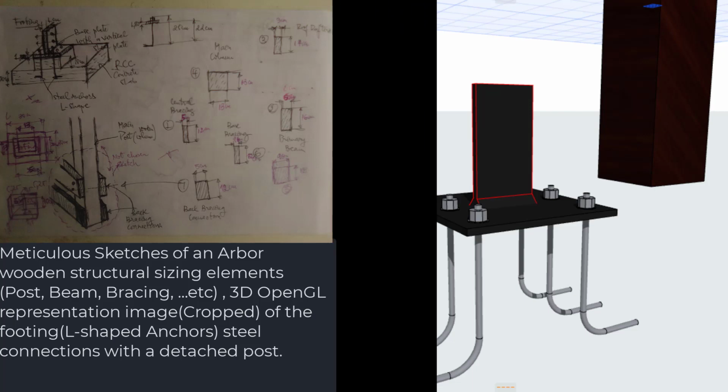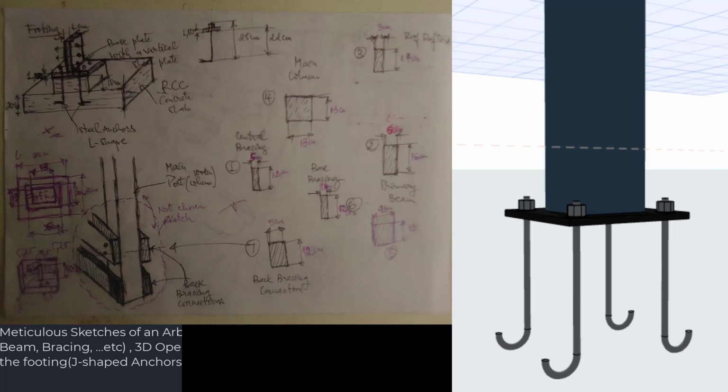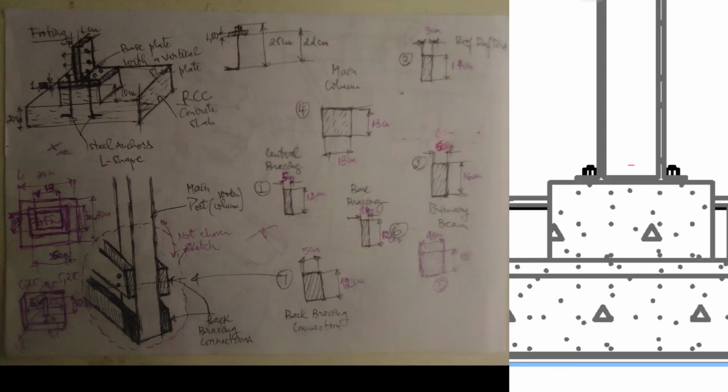But I came up with an idea. I said to myself, why not show the sketch of my footing? Why not present it out there? Maybe somebody will have another idea. So I came up with this, just to show what constitutes my footing and the base plate, and how it is made, the type of element, the shape, the geometrical aspect of it. So I selected some of my base plates, of different kinds, of course,